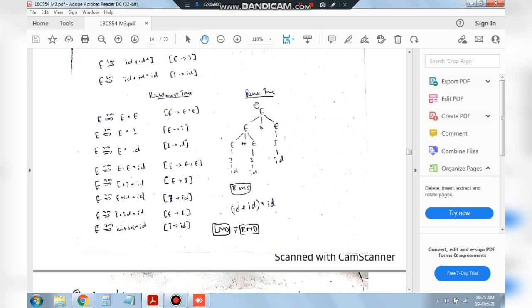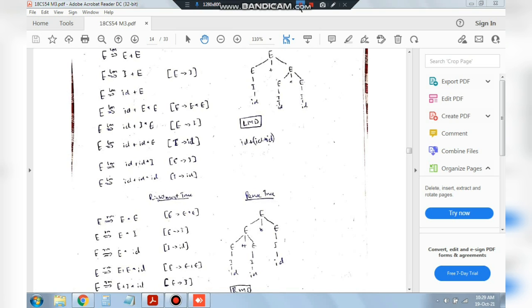Okay. So making the parse tree, what we get here is E star E in the first part, E will be written as E star E. Then the right part will start from here, E will be substituted as I and id. Then in the left part, the E will be substituted as E plus E, and each of these E will be further substituted as I and id. So this is the parse tree which we got for the rightmost derivation.